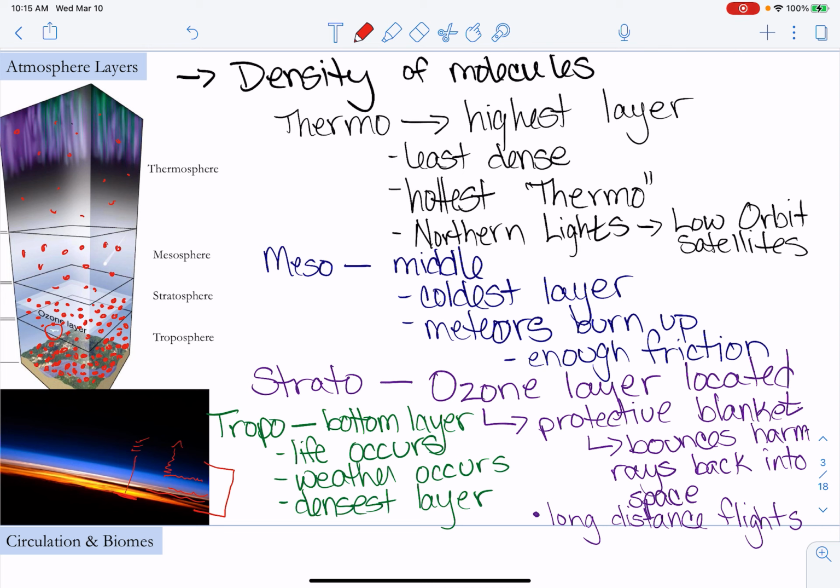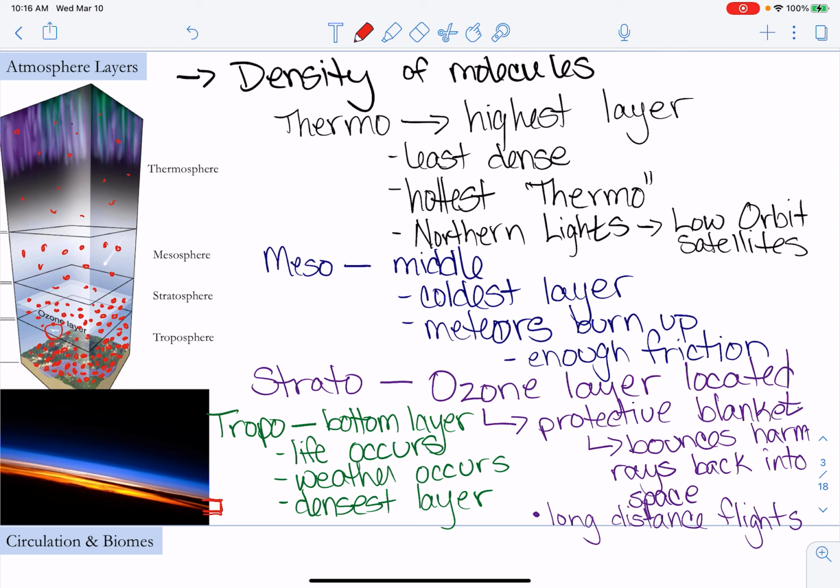If we were to compare Earth's ozone layer to other planets like Mars, Mars's atmosphere is maybe this thick. So Mars has a very thin atmosphere. It cannot support life like the Earth can because it doesn't have as thick an atmosphere, nor is it made up of oxygen and nitrogen. A lot of it is carbon dioxide.